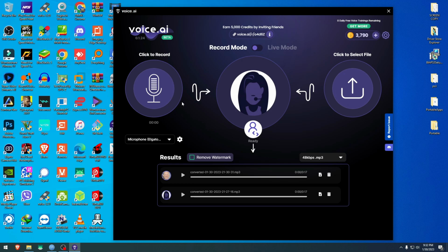And that's all I had to say. This app is something else. It's still in beta, but I see the potential with this one, especially if you're a streamer, a gamer, and you just want to have fun around the internet. This is actually a very beautiful thing to do.